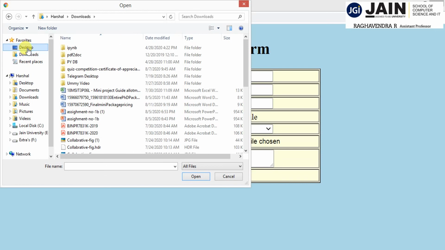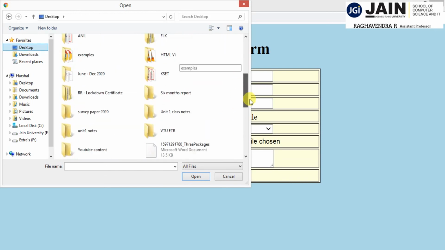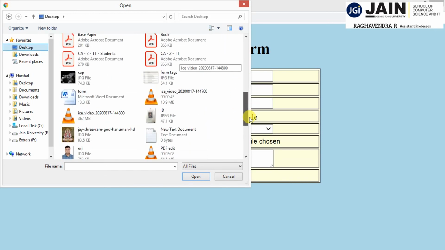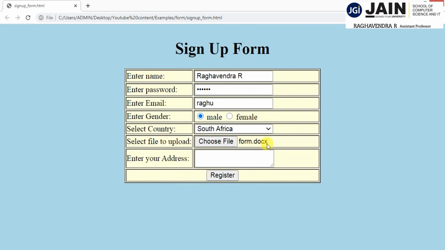So I'll come to the desktop and select some file, some form.docx. Here the file name gets added. Address, Bangalore 78.